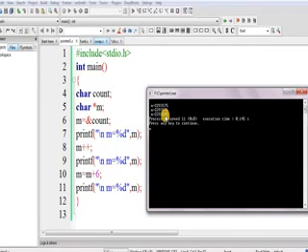So that is how we perform the increment or decrement operation on a pointer variable. By one increment or one decrement operation, the amount by which the value increases or decreases depends completely on the data type of the pointer variable. If it is a character type pointer variable, it will increase or decrease by 1 at a time. If it is an integer type pointer variable, it will increase or decrease by 2 or by 4, depending on the 32-bit or 64-bit compiler. And if it is a float pointer, it will increase by 4 at a time because the size of float is 4 bytes.